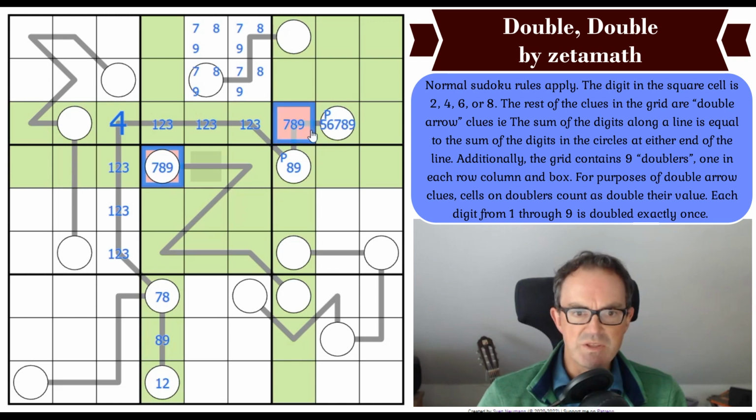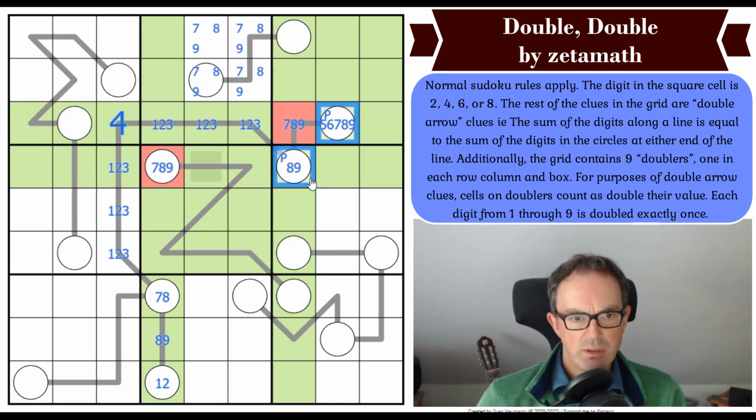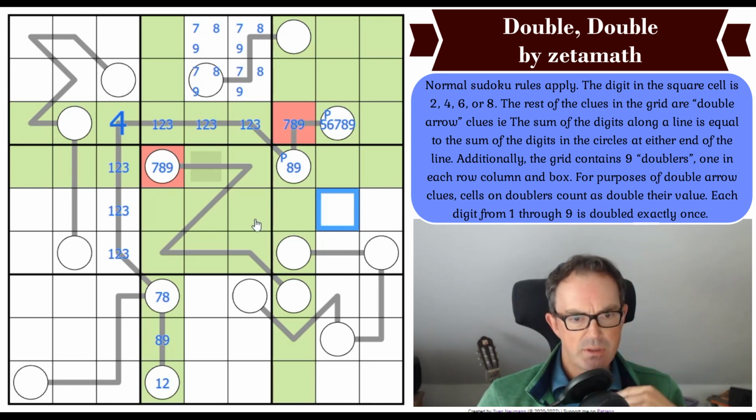How can we force these to be the same? We could. If that's 9 and that's 7 and that's 8, what does that one become? If this is 9, this is 7, this is 8, this can't be 8 now, and it can't be 9. So this would be 7, 14, that would be 9, that would be 5, and that's not broken. Okay, sorry, that doesn't work either. What about...